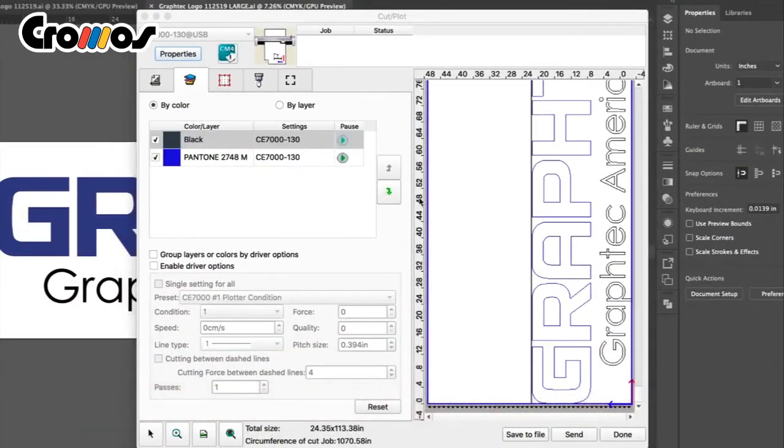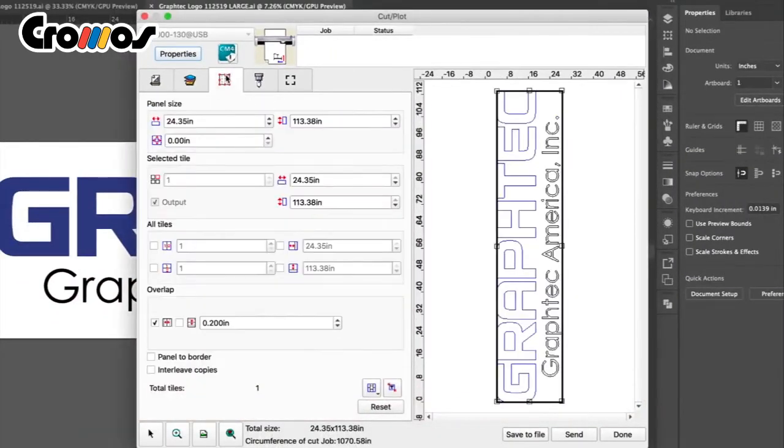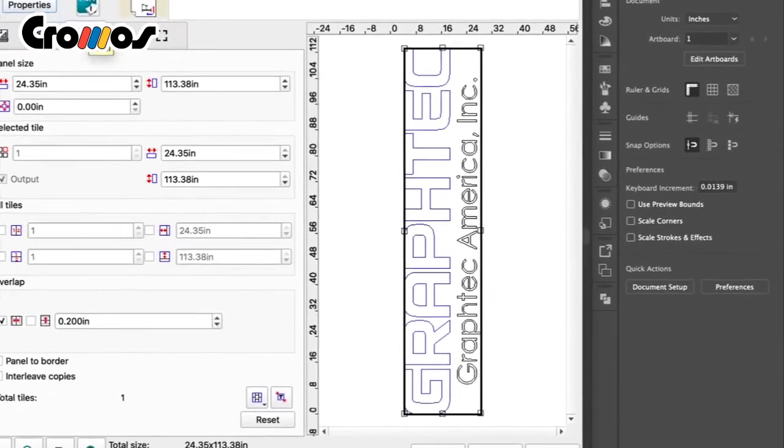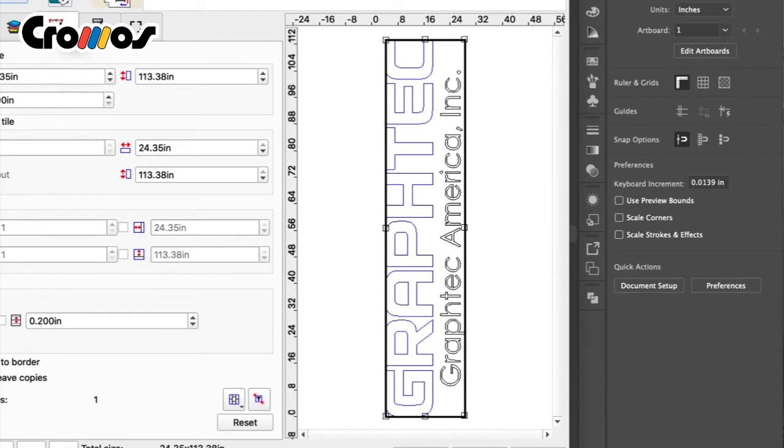The next tab is used for paneling our job designs when they need to be split up or paneled due to the size of the job. Let's go over a few of the options. Notice within the media display area, there is a thick black rectangle around the graphic. This indicates that there is only one panel to be cut as one piece